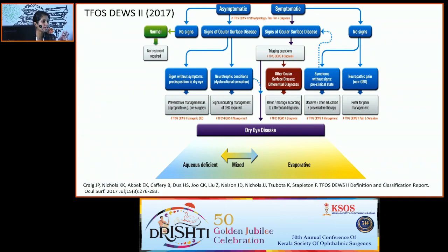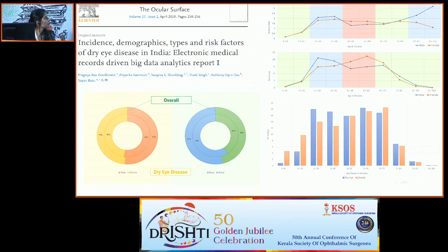That is more in line with either neuropathic pain or pain without stain. So these are also included in the spectrum, and they need evaluation, rather than us brushing it off, saying there are no signs and symptoms, so you do not have dry eyes. So a large data set that we tried to look at,